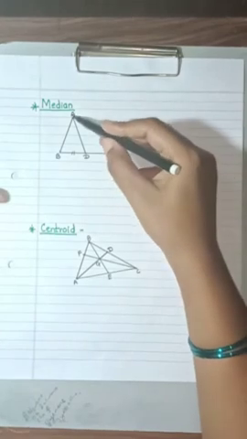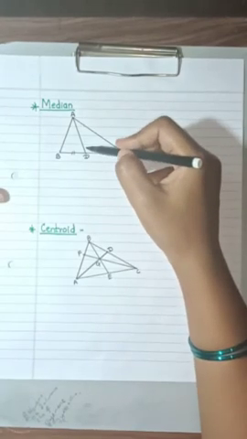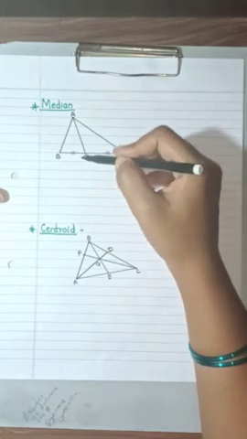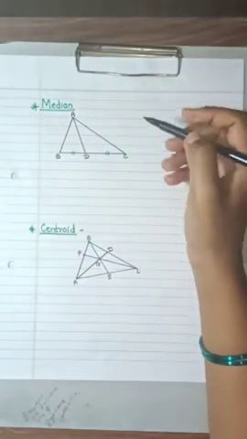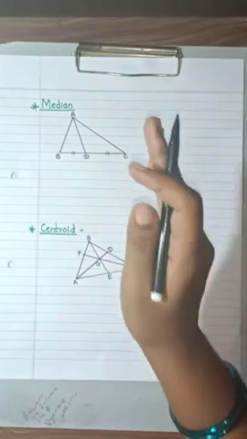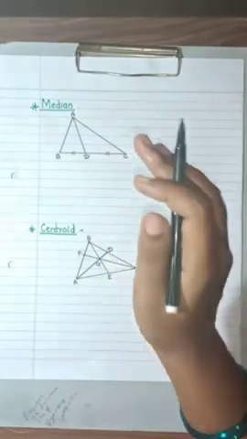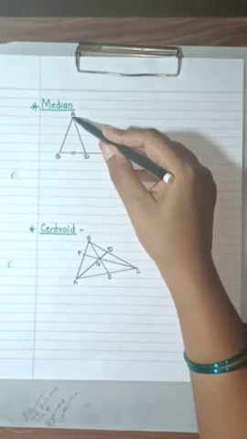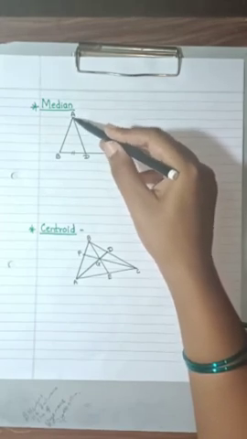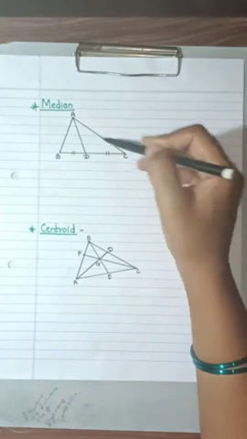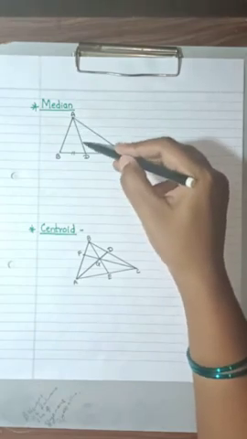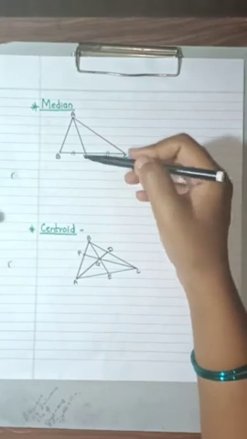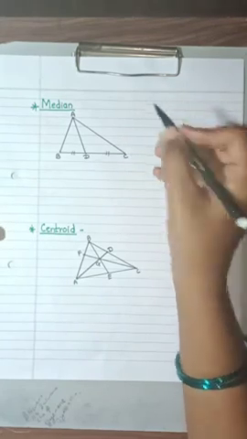Okay, here you can see in this diagram AD. You can call this AD the median of triangle ABC. In short, the segment joining a vertex and the midpoint of the side opposite to it, which is BC, is called the median of the triangle. So I'll write down here